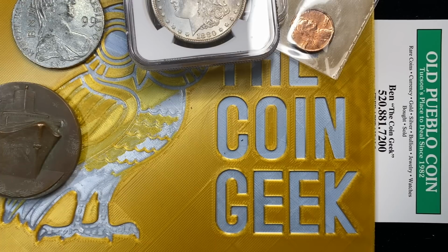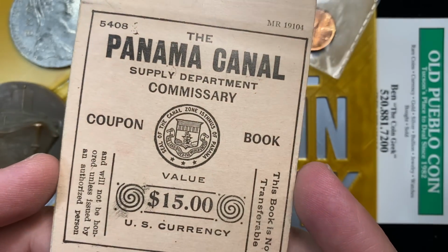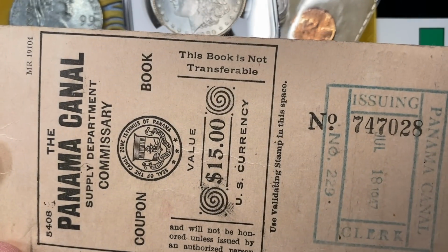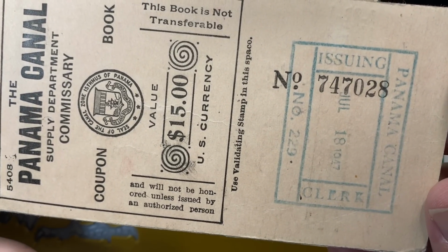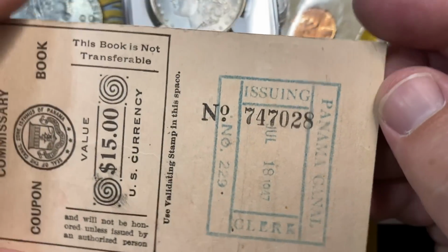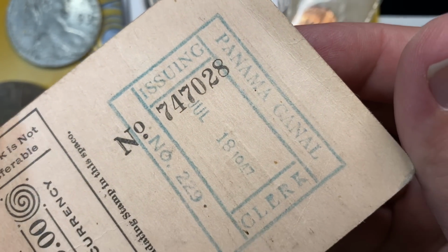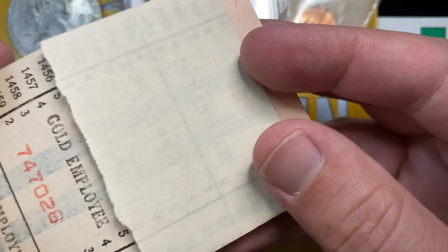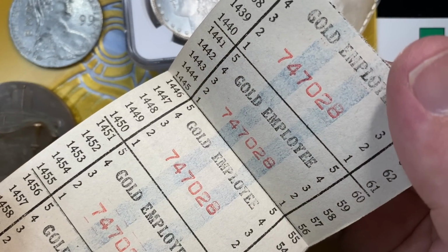There are things about history that just fascinate me, and little things, and I don't know why, but for some reason the Panama Canal is on that list. This may not ever be actually for sale. This is actually a book. It's not transferable, so y'all can't have it. But it was $15 in US currency, and it's a coupon book from the Panama Canal, issued July 18th, 1947. The clerk's number's on there, and then gold employee, and then you've got your tickets on there